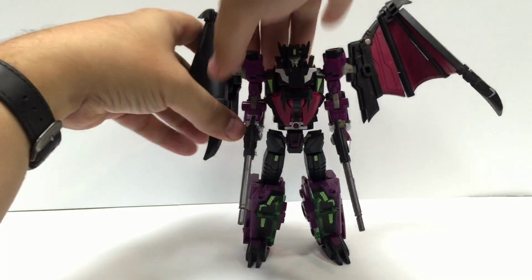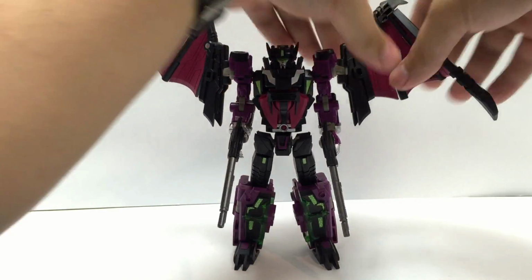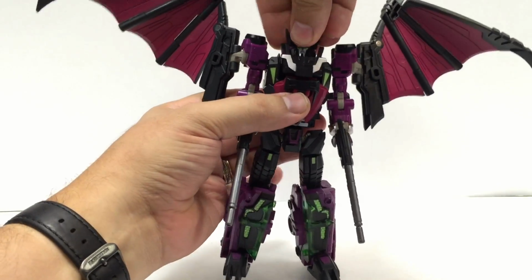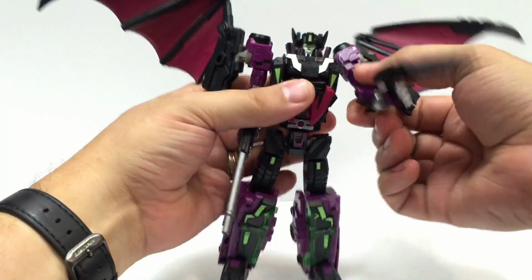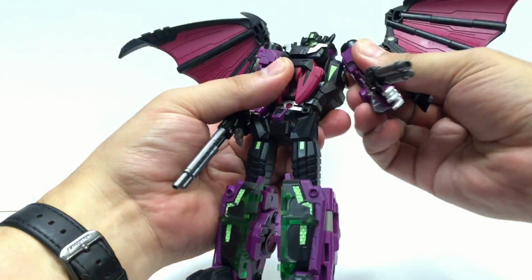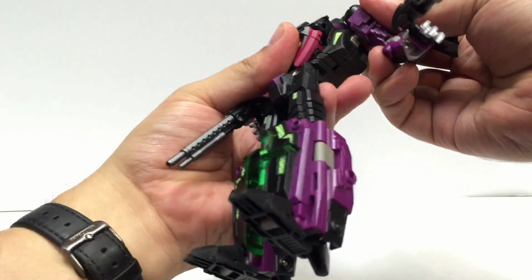I'm going to leave the wings out just for the sake of the impression they give here and the stature they give him in robot mode, which is very cool. Now, posability-wise, he's actually pretty mobile. Again, you've got the tilting head, the shoulders. You've got a lot of movement in the shoulders. They're a little bit limited, like some of the others, just based on their